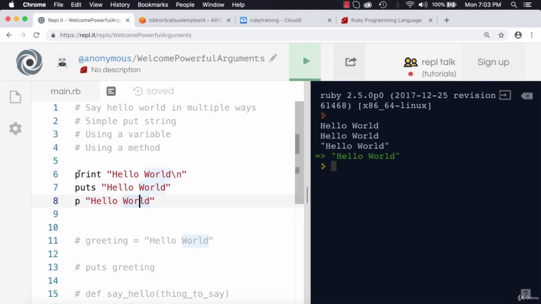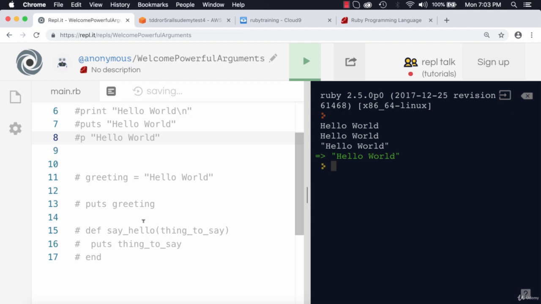So I'll code this out. I want to say hello world using a variable. What's a variable? If you did the coding of the quiz in section 1, then you already know that a variable is simply a name that we give to a reference to some location in memory, okay? So think of it as an address. A variable is an address referring to some location in memory, and whatever we put in that location in memory, for example here, we're putting this string hello world there,